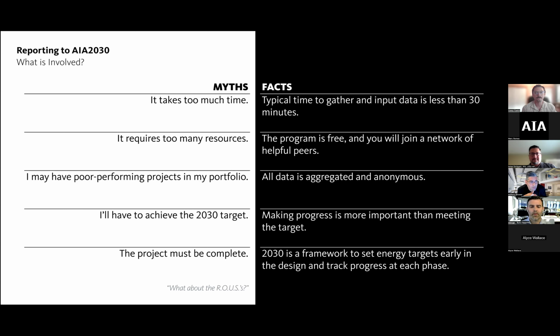Let me just read the third one: I may have poor performing projects in my portfolio. And the next one: I have to achieve the 2030 target. Neither of these are true. The intent is to demonstrate progress more than meeting the target. Your projects do not have to qualify for AIA 2030 to be submitted as data. I will tell you personally, I go through 8,000 projects worth of data, and we submit every single real